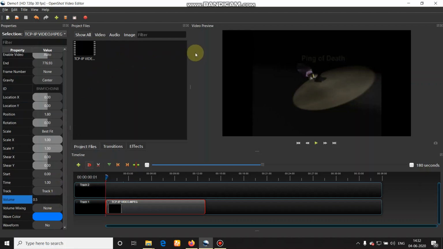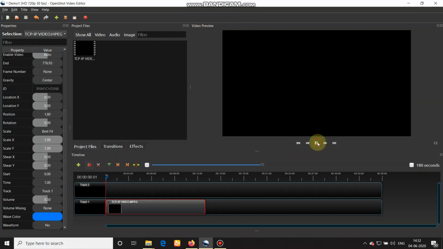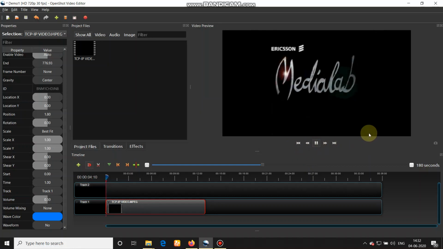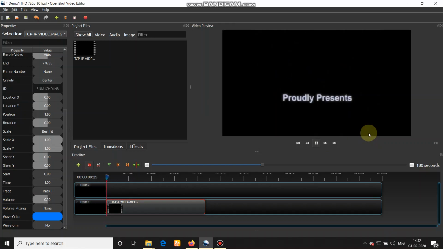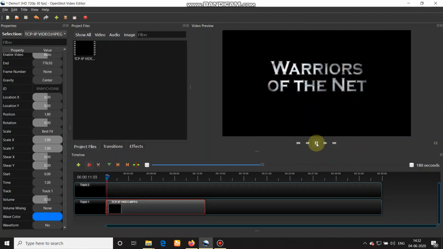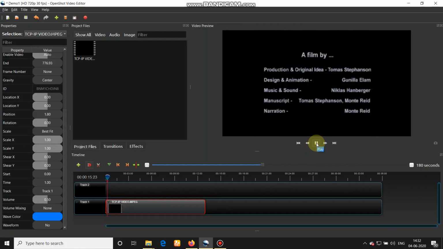So now go to the preview window and see whether it is set to 50% of the original volume or not. Yes, it is set to 50% of the original volume.